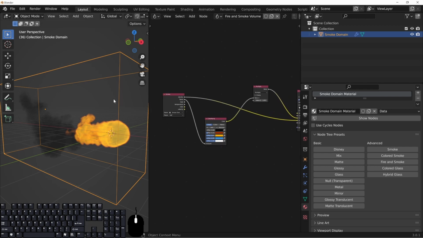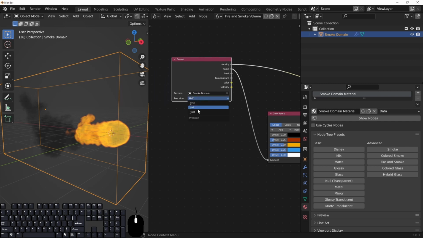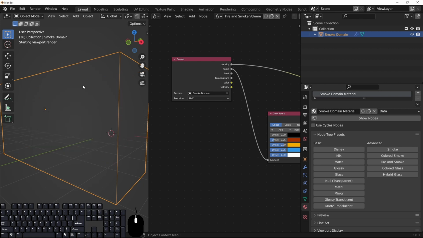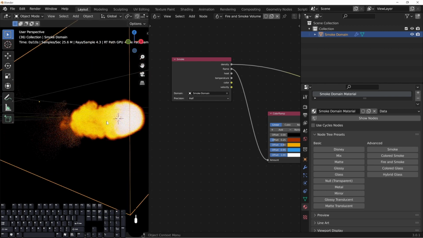So what we have here is a smoke domain node, which, if you look right here, you can select the domain in case you have different domains here. And you'll see right here it says precision, and you can see it says half, float, or byte. Now, if we take a look at this, and we're looking at our rendering on the left side here,